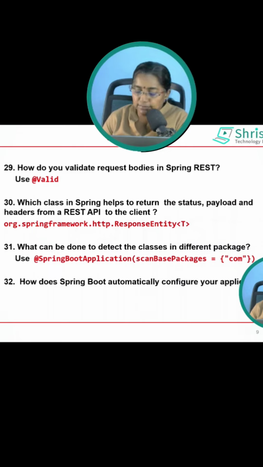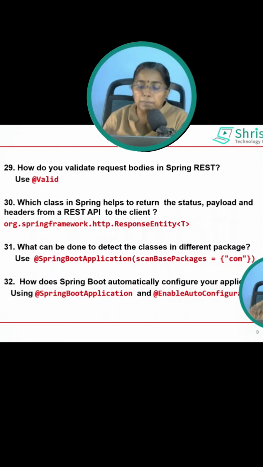So this is achieved with the help of @SpringBootApplication, which is having @EnableAutoConfiguration, which is responsible for enabling certain classes and interfaces based on the dependencies that you have added. If you are adding data JPA, it knows that it has to enable data source. If you are adding security, it knows that it has to enable security specific features. That is, it will provide a default username and password. If you have added web as dependency, it will automatically add embedded Tomcat server. So this is how using this particular annotation.